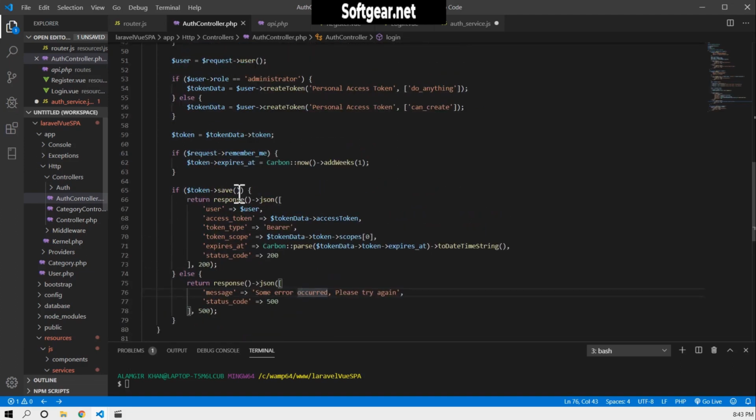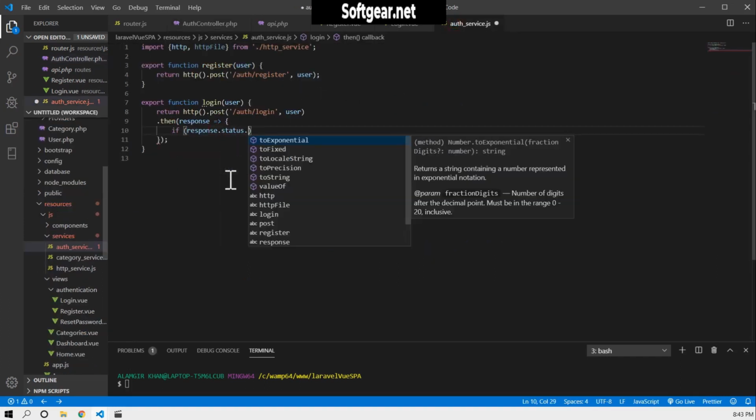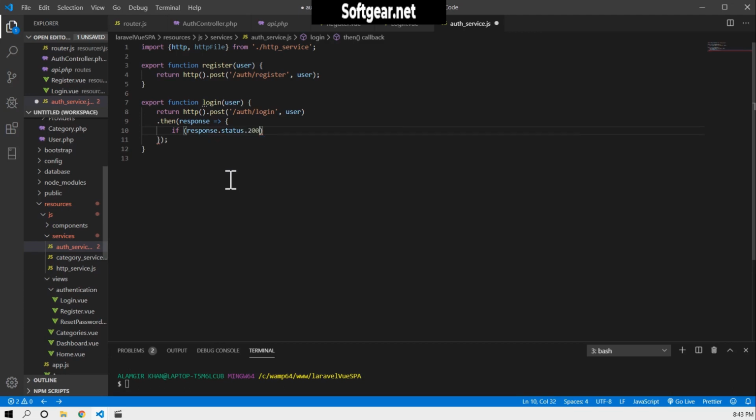We have a status code of 200. Okay, so we can check for that, like response.status, if response.status double equal to 200, then here we will need to